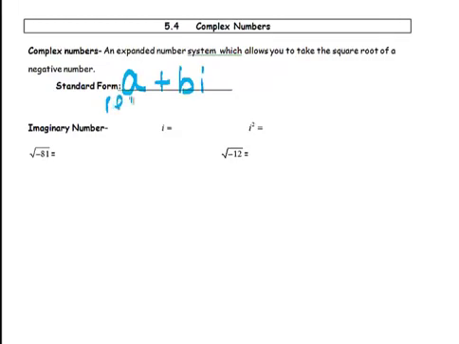Right, this is the real component, the part you actually see on the calculator, and this is called the imaginary component, the part you can't really see, so they call it I. Alright, well, I is technically the square root of negative 1. Okay, so if you type in your calculator right now, the square root of negative 1, it will probably say